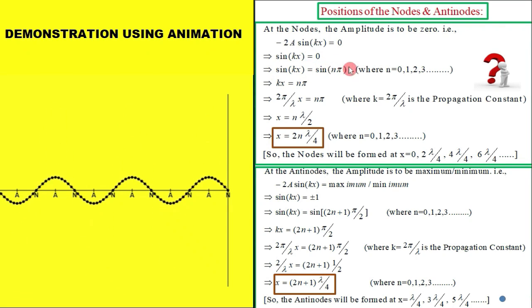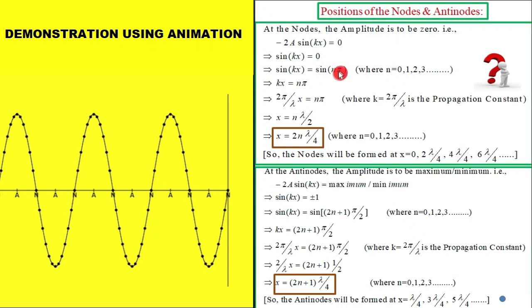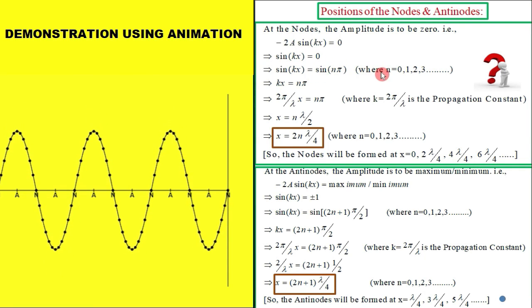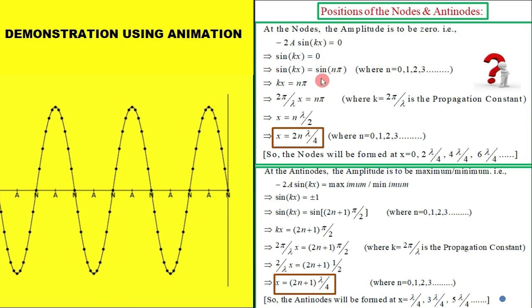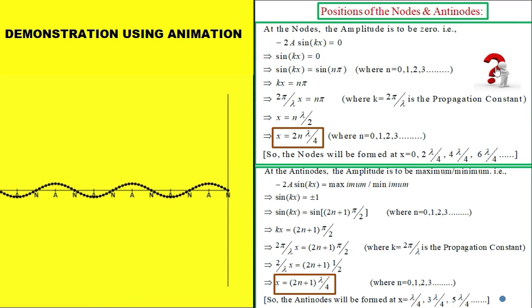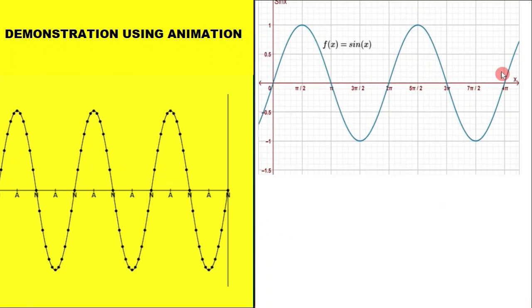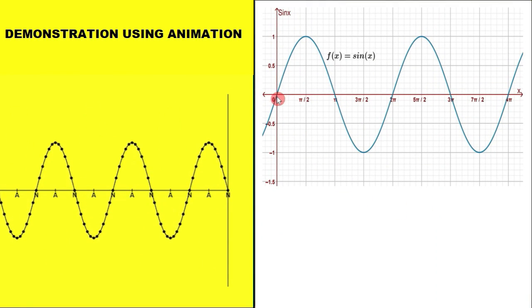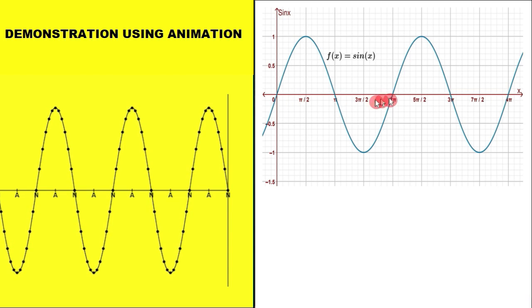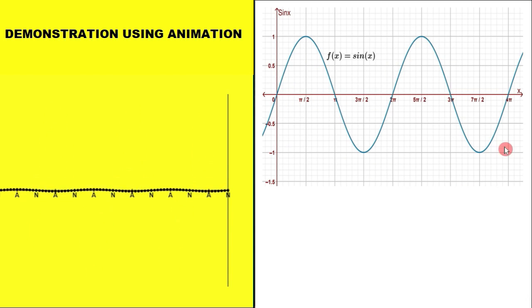Now these terms, sometimes students are going to mug up. No need to mug up. Let us understand it. From where I got this point that 0 equals sin n pi? Let us understand that. This is a sine graph. And I think you know how to draw a sine graph.